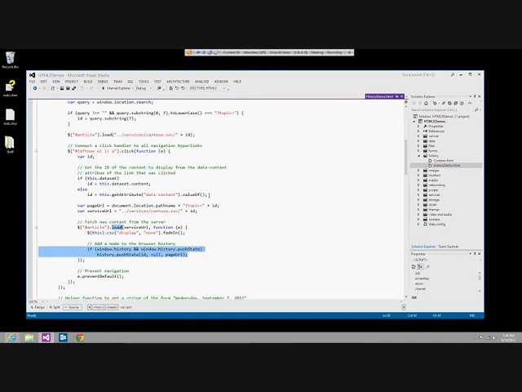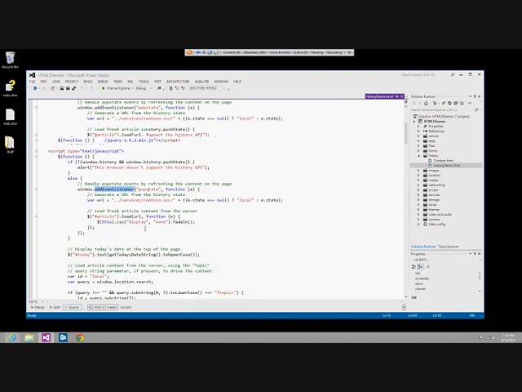Remember, these are fired when the user clicks that back button. And through the state parameter of the event object that's passed in, I can get whatever I passed into it when I push the state on the stack. In this case, it's an ID. Now I know what ID to use. I go fetch that content from the server, and to the user, it appears as if they backed up to